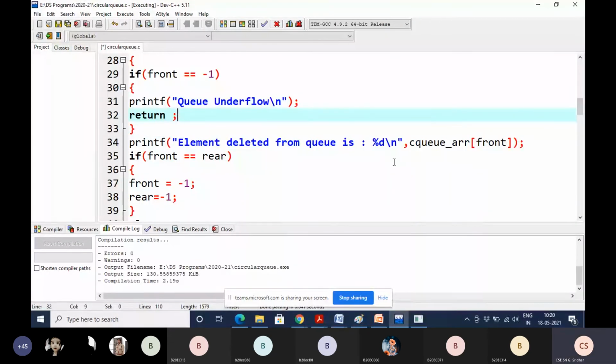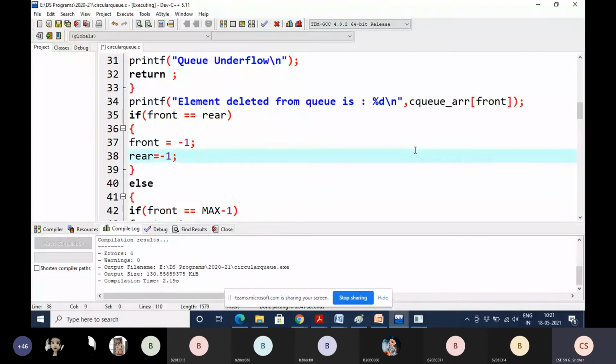Next, if front is not equal to -1, some value is there that is pointed to by the front, to delete. The element deleted from the queue, that is the front position element, you have to display. How to display? CQ_array of front.